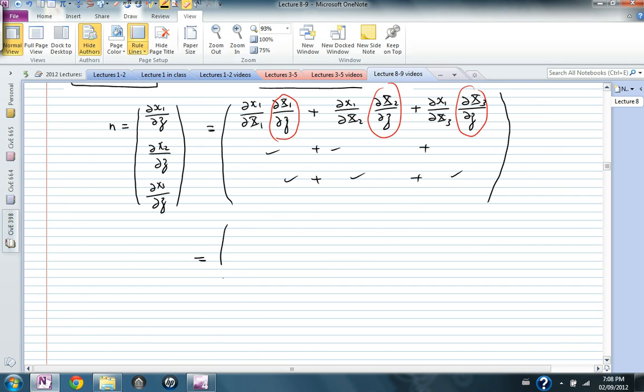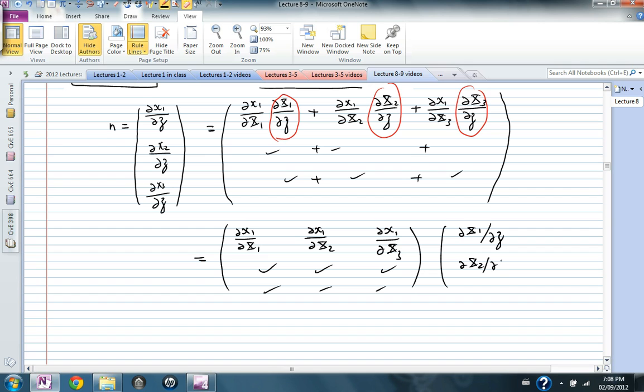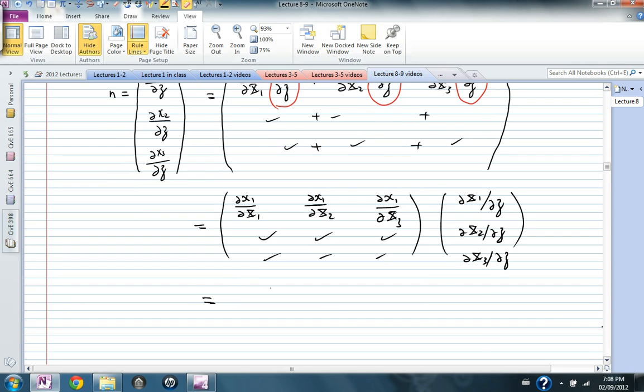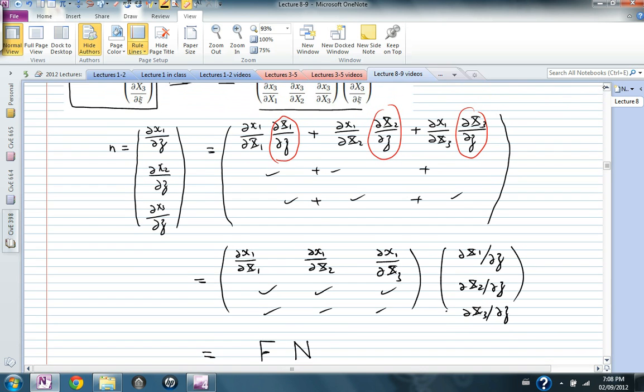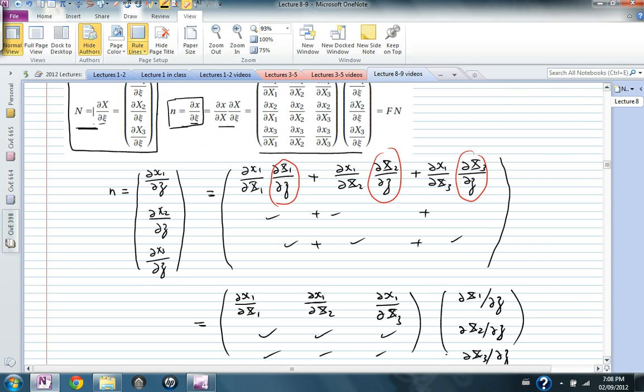This is equal to partial x1 by partial capital X1, partial x1 by partial capital X2, partial x1 by partial capital X3, and so on. If you take those small components out, and if you call this matrix F, and this vector is actually n because this is the tangent vector in the reference configuration,